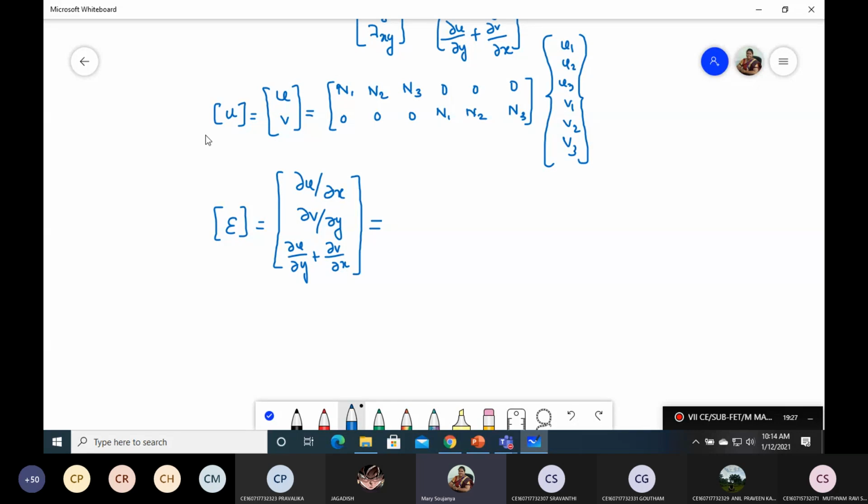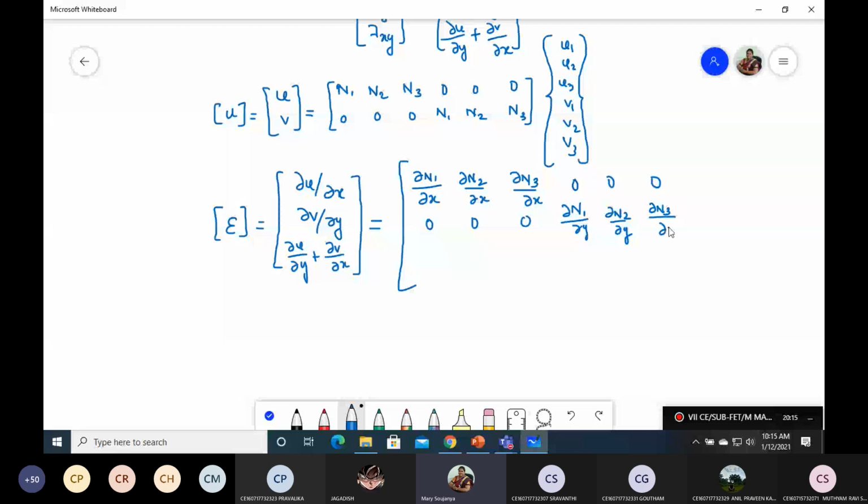If we take the u matrix, u comma v, into this equation, we are going to end up with this matrix: dou n1 by dou x, dou n2 by dou x, dou n3 by dou x, 0, 0, 0; then 0, 0, 0, dou n1 by dou y, dou n2 by dou y, dou n3 by dou y;